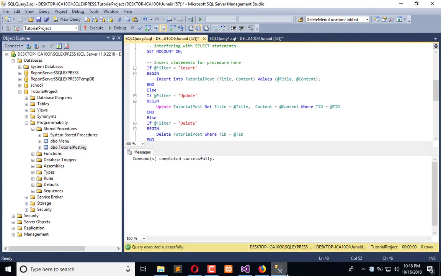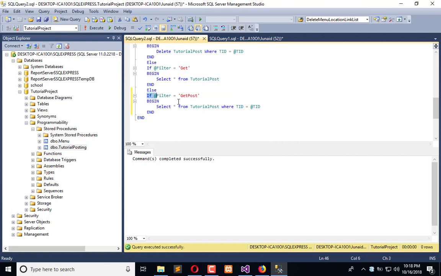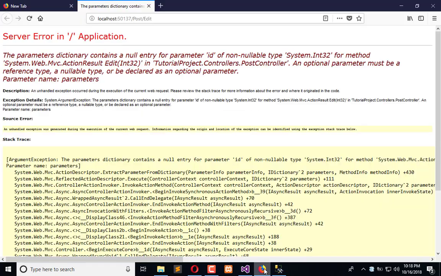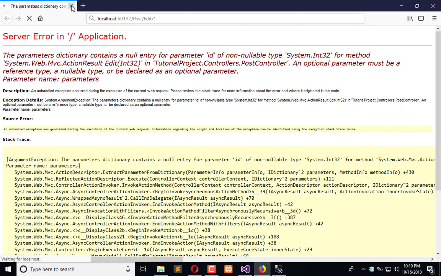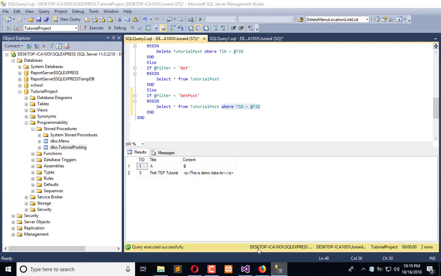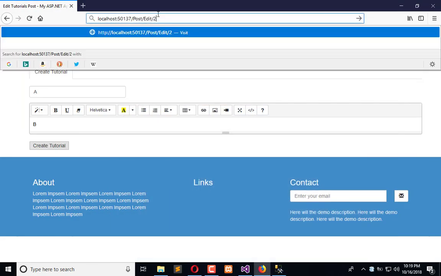One thing more, here is the filter by which we will get the record. It will get all the records from the tutorial post, and by this we can apply the primary key. So in the case of 1 it will retrieve A and B in the front end. So let's pass the ID 1 and let's see what comes across to the front end, and you can see A and B. Okay, so when I say ID is 2,